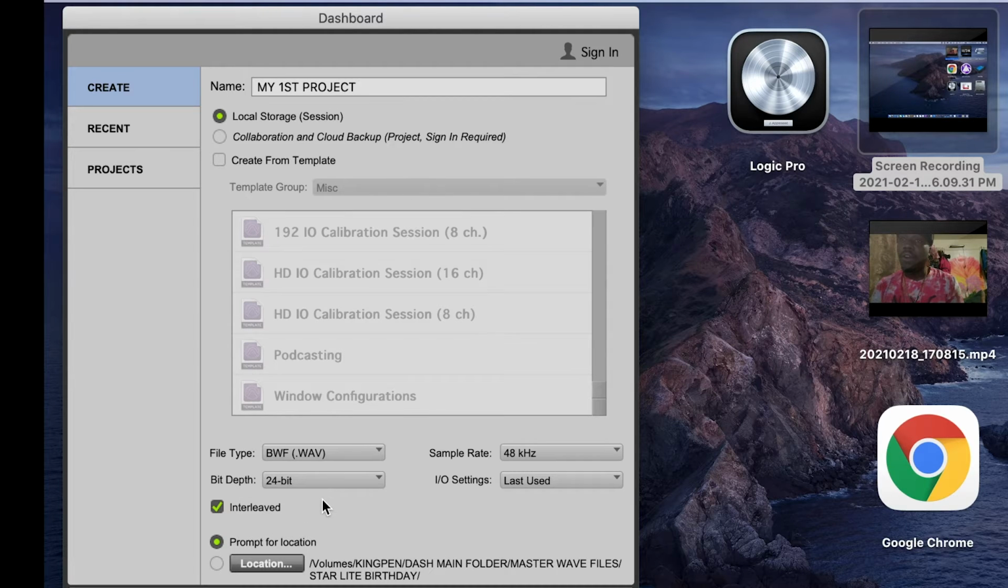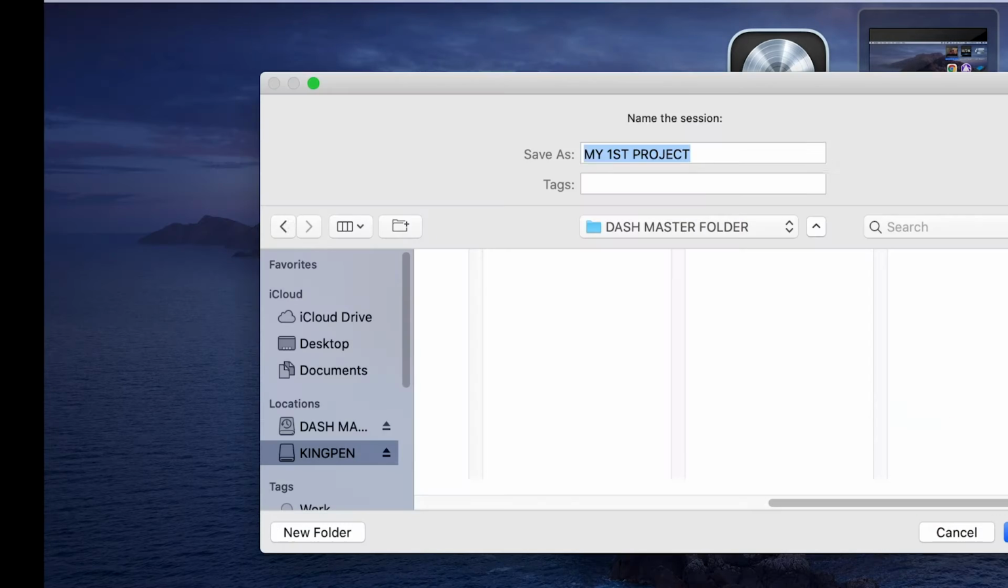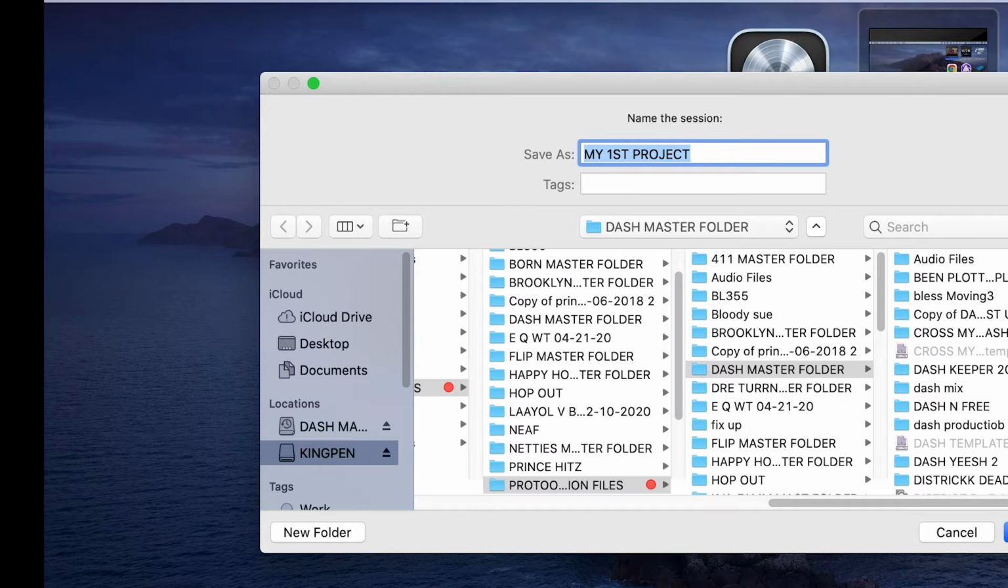When I prompt for location, that allows me to tell Pro Tools every time I create a new session file where I want to store it before the session even opens up. So when I hit prompt for location and I create a new file, I hit Create. Pro Tools will open up, it'll say My First Project, and then it'll ask where do I want to store it? Well, me, I store it in my external hard drive, so I don't